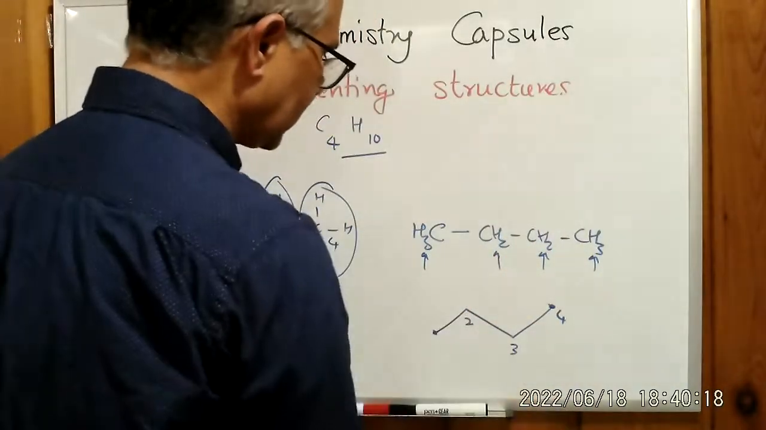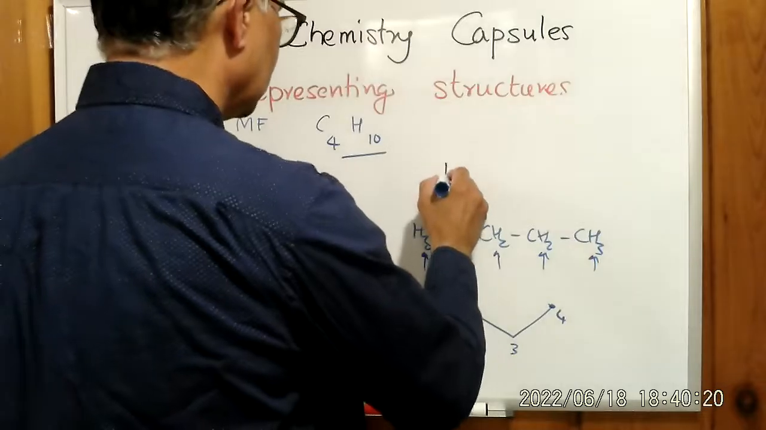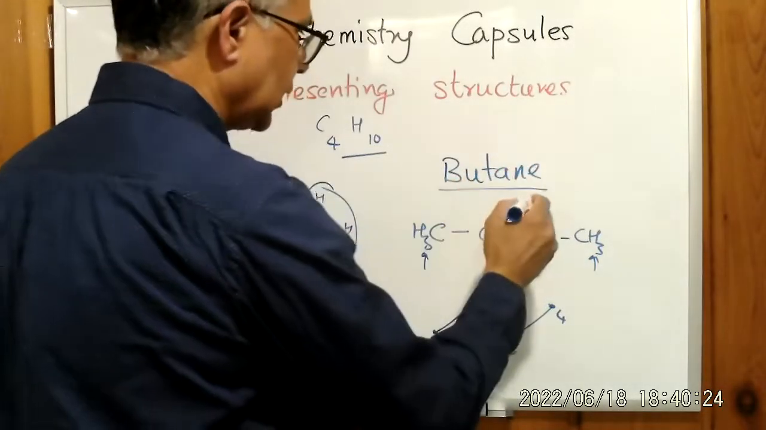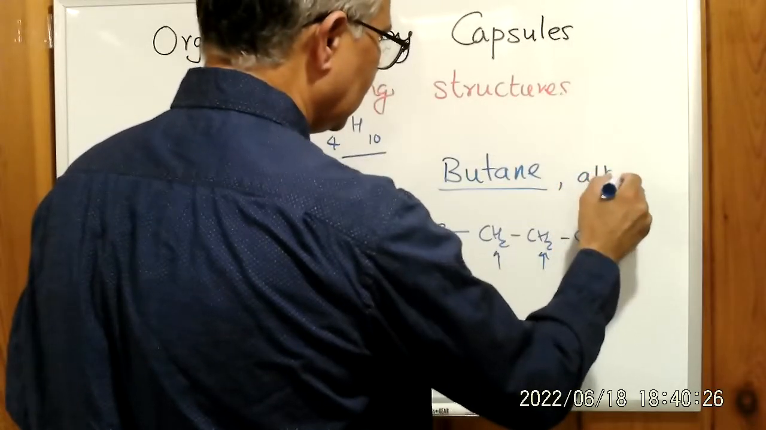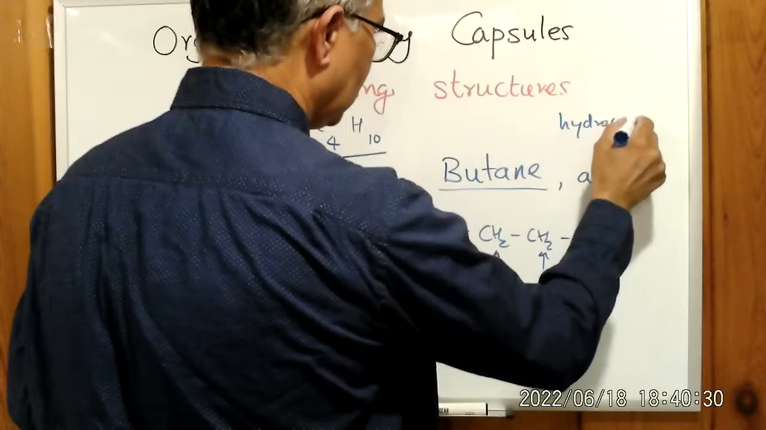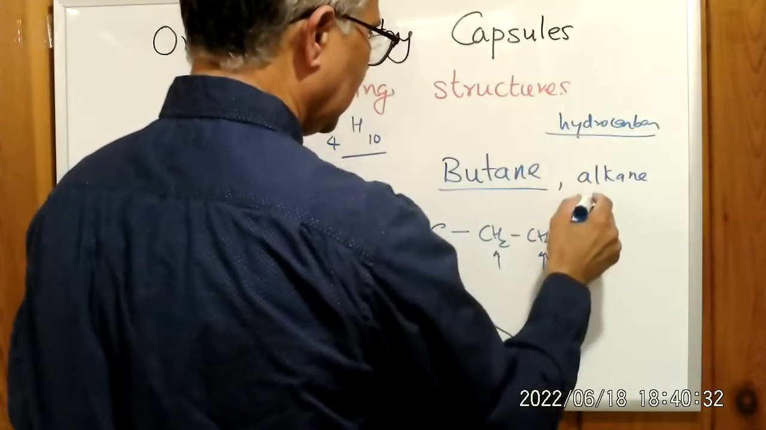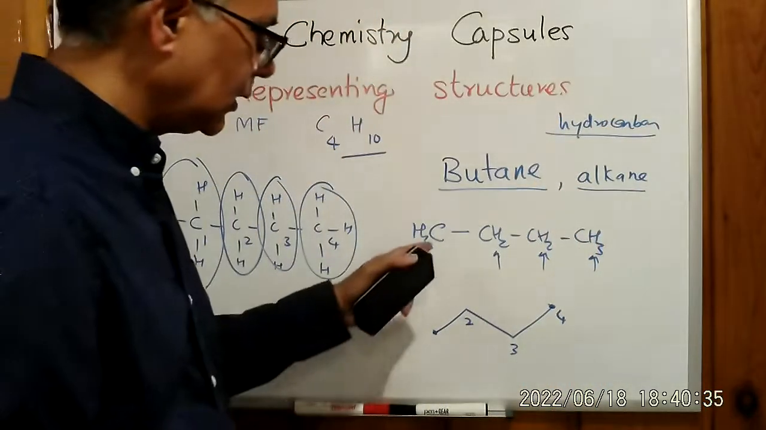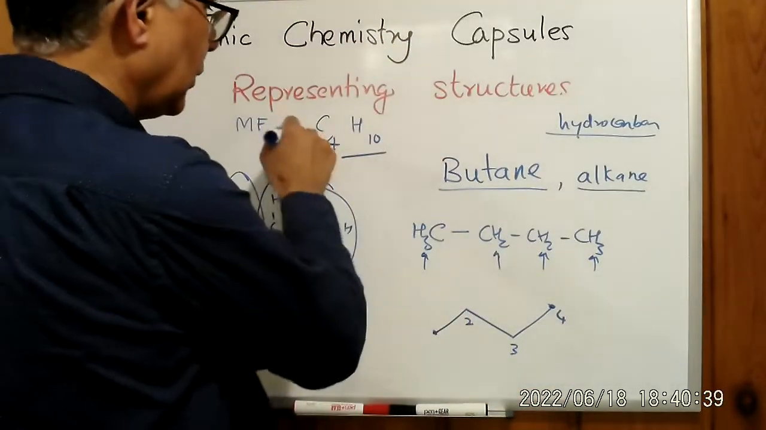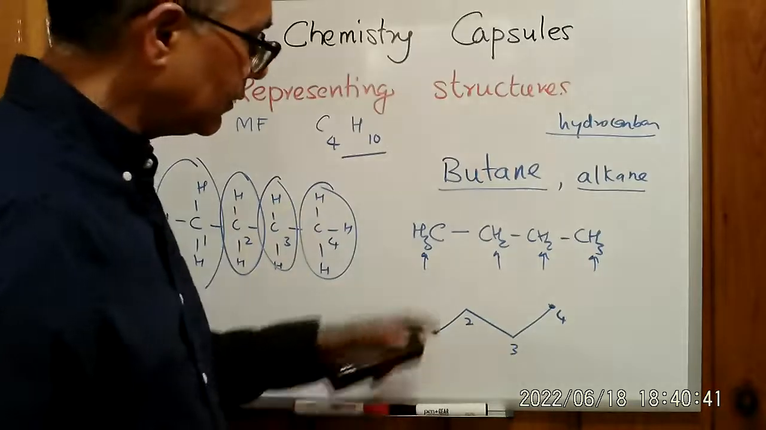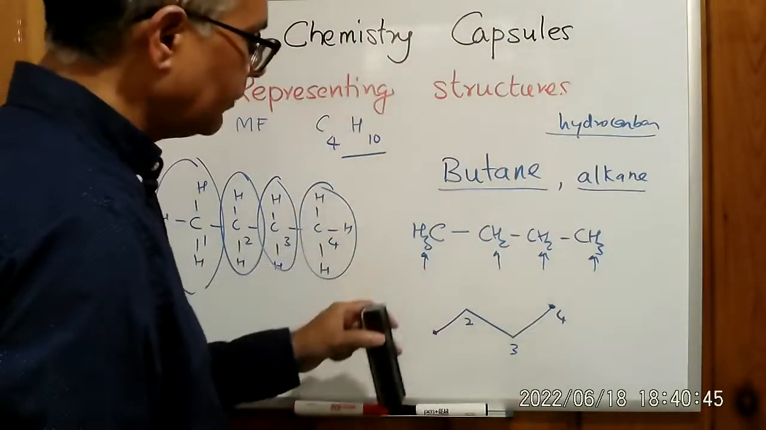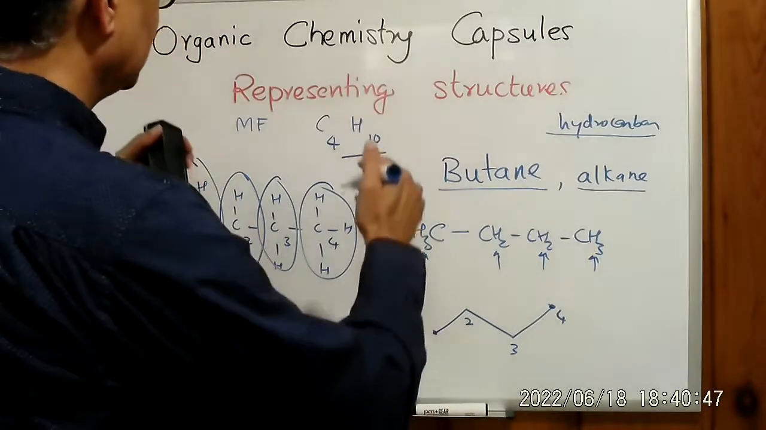Otherwise, this is butane. The name of this compound is butane. 4 carbon alkane. Butane is an alkane. It's a hydrocarbon. Again, carbon and hydrogens only, so it's a hydrocarbon. It's an alkane because it has only carbon-carbon single bonds. The specific name for this particular compound is butane. This way we wrote that, 4 carbons. Okay? So this is how we represent